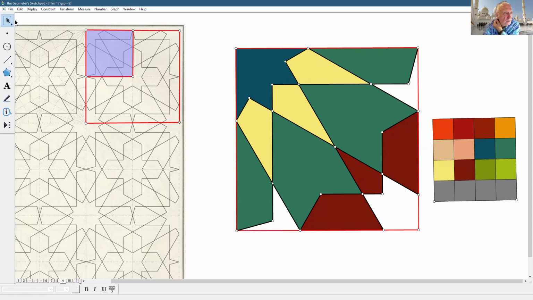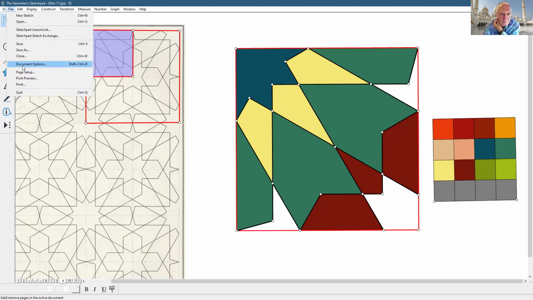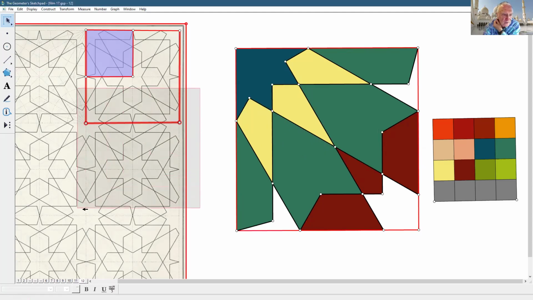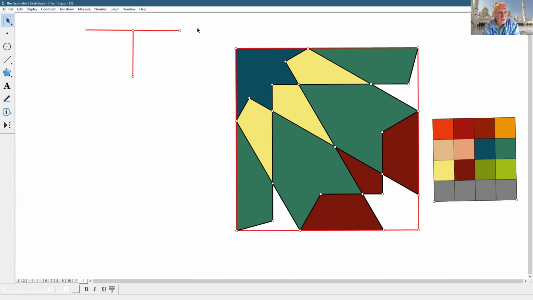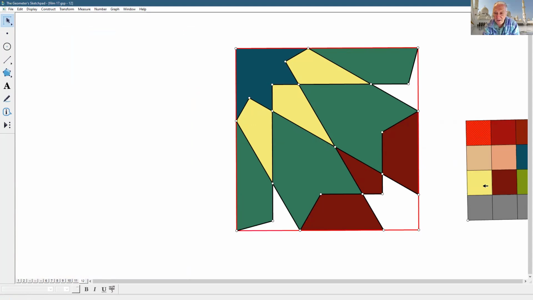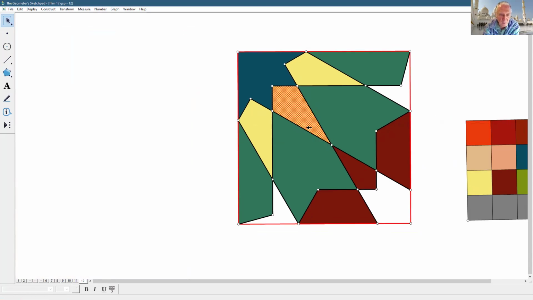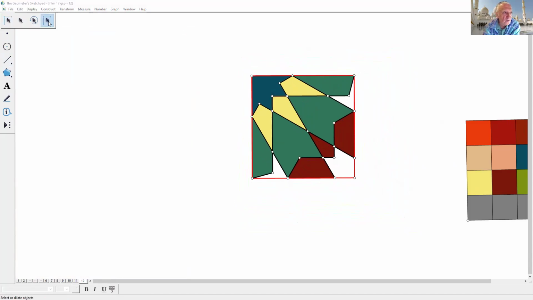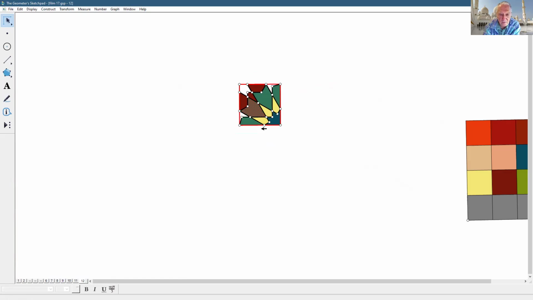So file, document options, add page 9. Okay, now I don't need this, so I have to remove everything. I don't need my colors. Well, I may need them. So now what I will do, just make it smaller, fine, okay. And then if you prefer it this way, I have to just Control Z